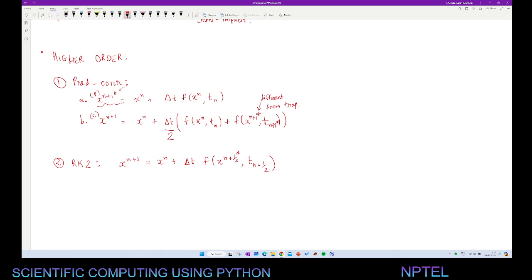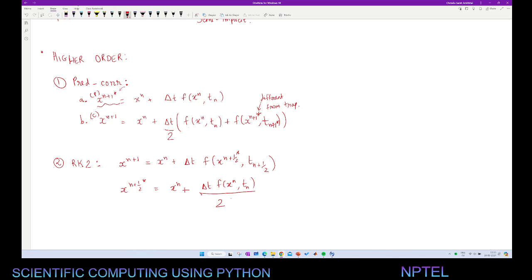And how do you get this x_{n+1/2} star? Well, that is x_n plus delta t f of x_n, t_n, divided by 2. So it is similar to this predictor corrector,